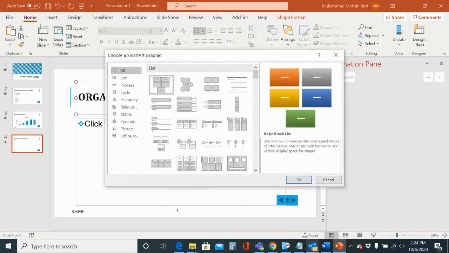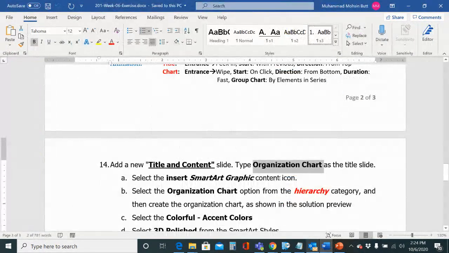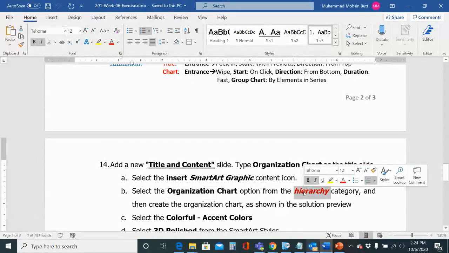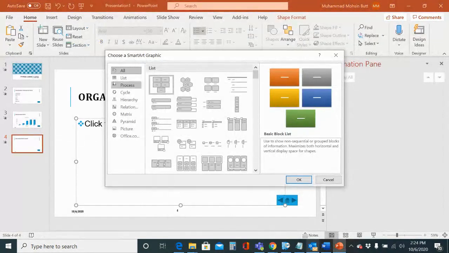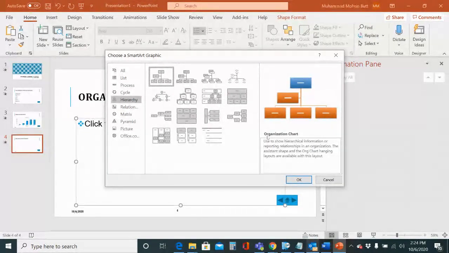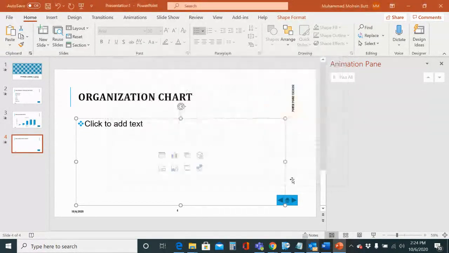So when I click, it will open the SmartArt graphic window, and here it says select organization chart from hierarchy category. Hierarchy on the left side. Can you see a hierarchy? And then in the hierarchy, the first option is organization chart. So if I just click on the first option, I can press OK, and that will insert